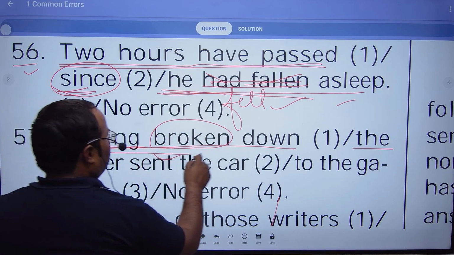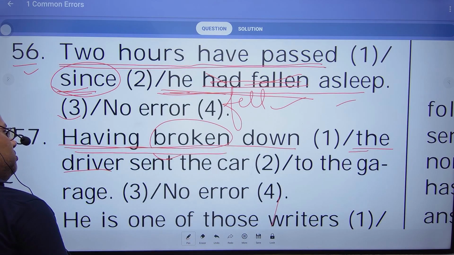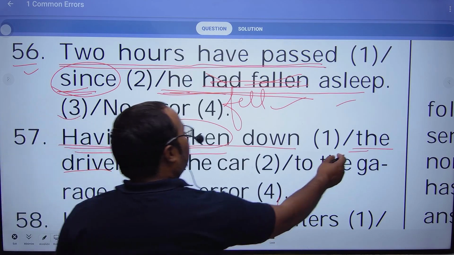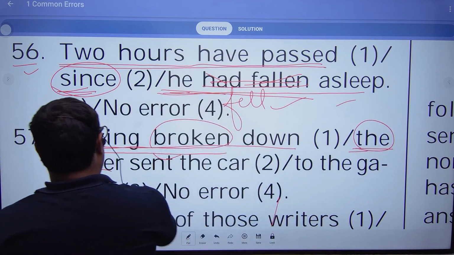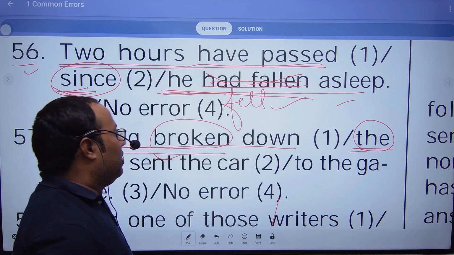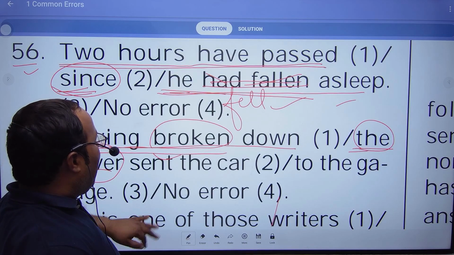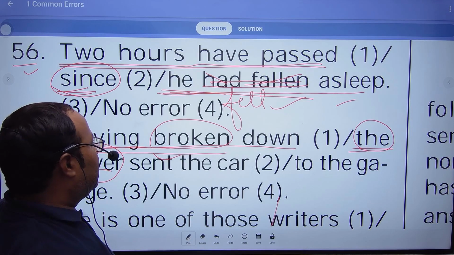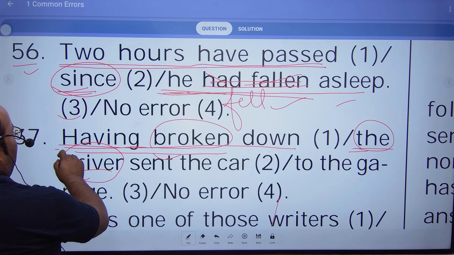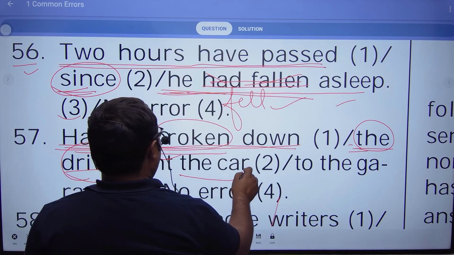Having broken down the driver: it means it's incorrect, sorry. "The driver" का use करना यहाँ गलत है। क्यों? क्योंकि having broken down the driver, driver का टूट जाना है या काम न करना, ये गलत है। So this is incorrect use. We should use "having broken down the car", car का टूट जाने के कारण,